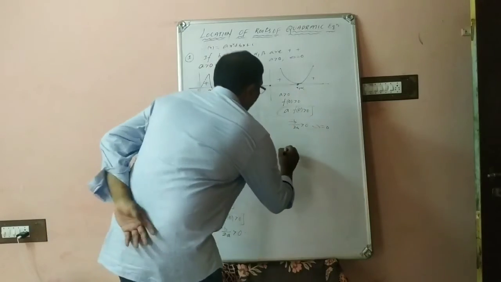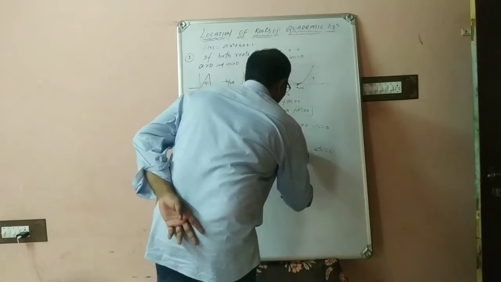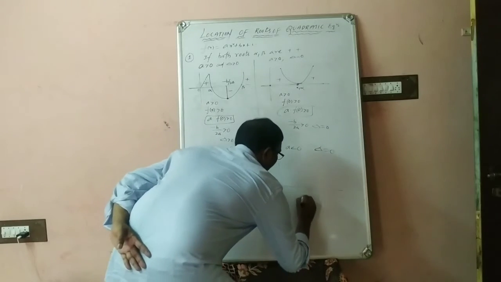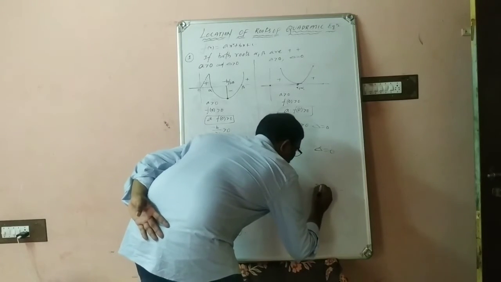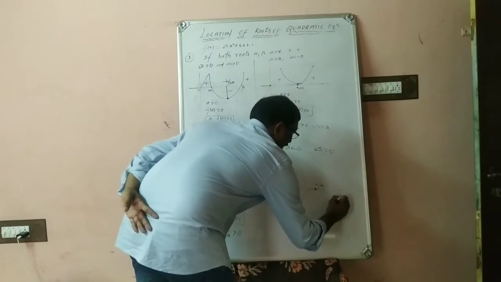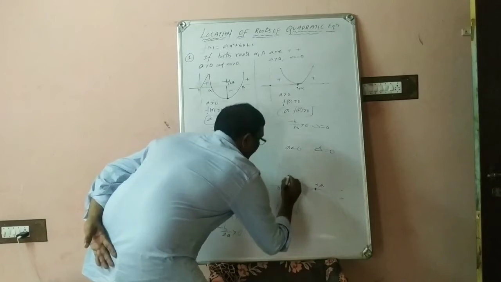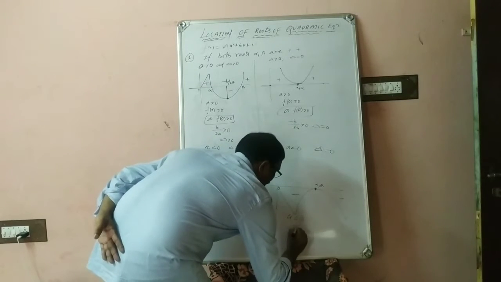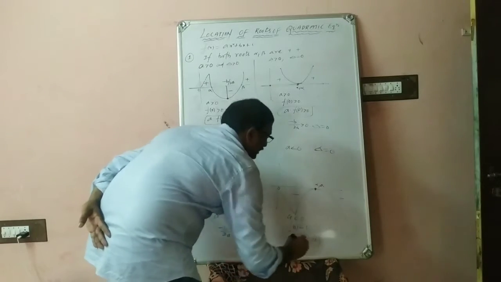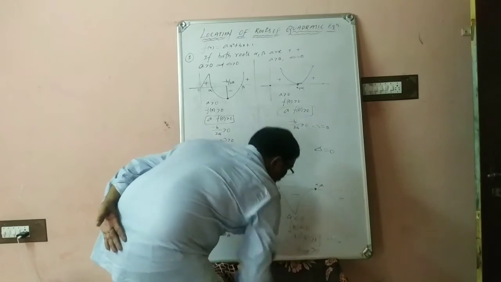And coming to a less than 0 and delta is equal to 0. In this case, a less than 0, you will get a downward parabola. That parabola will touch the x-axis at a single point. These are the roots, same roots, alpha comma alpha. By using the wavy curve method, minus and minus join with this. A is negative, f of 0 is negative. So a into f of 0 is positive in the case of delta is equal to 0. And minus b by 2a is also positive.